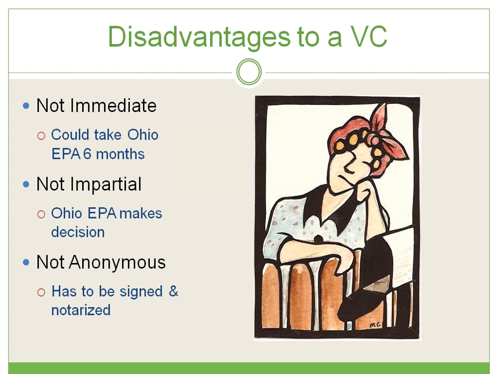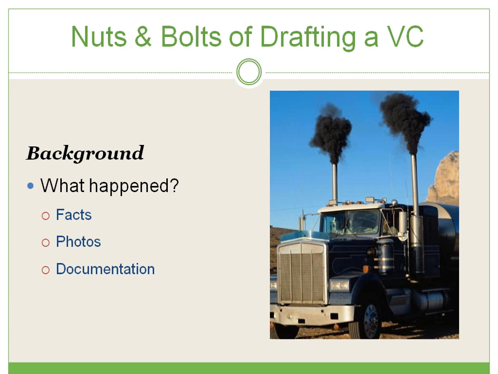So how do you start drafting a verified complaint and get some action going to stop the sewage coming from the housing development in your stream that we talked about? First, as I said, there's no official form that this verified complaint has to be in. Many times it's in the form of a letter to the Director of Ohio EPA. Some folks draft it like a legal pleading, and others somewhere in between. OEC's Verified Complaint Guide can be used as a template, and you can find that on OEC's website.